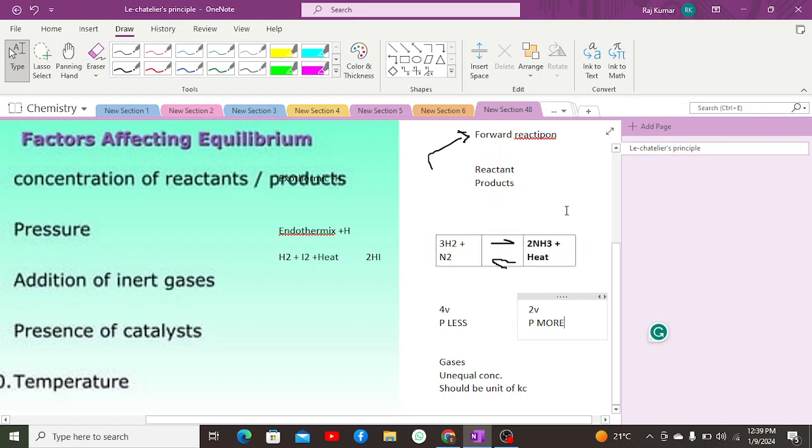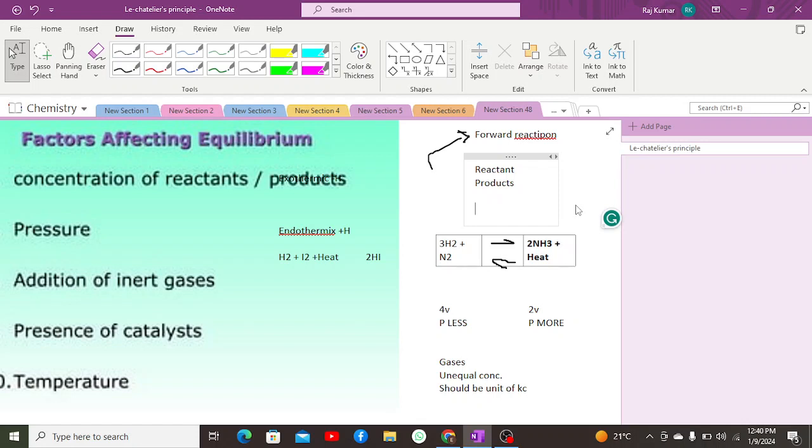Likewise, if we are decreasing the pressure, then contrarily we need to counteract, because this is what Le Chatelier's principle says. As the pressure is being decreased, we need to increase the volume. In order to increase the volume, we need to conduct a backward reaction, because the backward reaction forms more of the reactants,